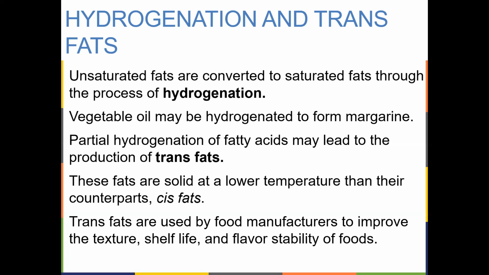Well, now Crisco shortening was developed as an alternative to lard. Lard is rendered animal fat. It's melted down and stabilized, and then it's put in cans as animal lard, and it's used in baking. The best bakeries use lard to make their pastry shells, to make their pie crusts, to make whatever, because it does a better job of making the pie crust light and flaky.